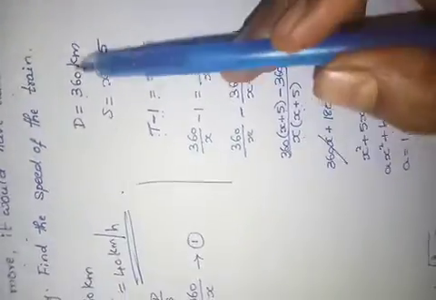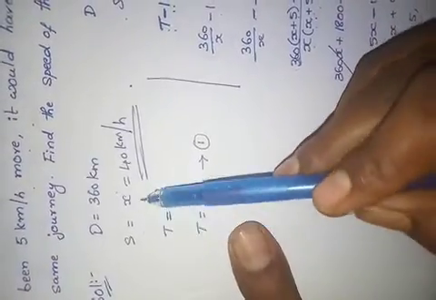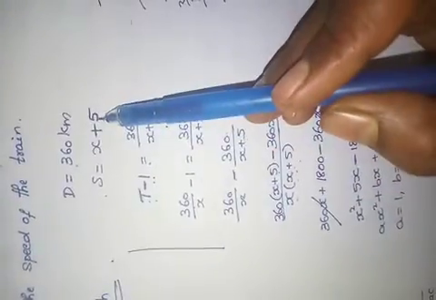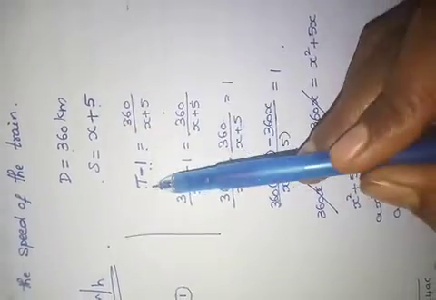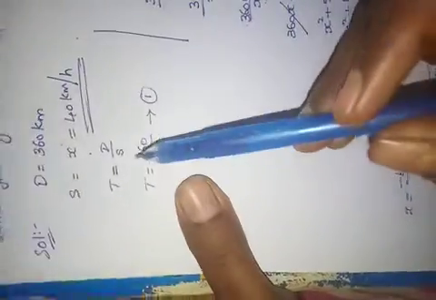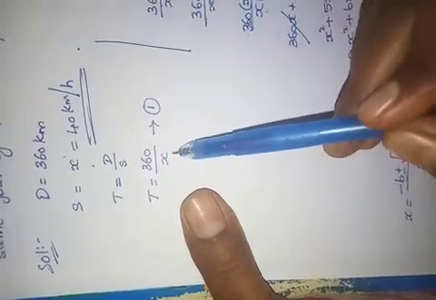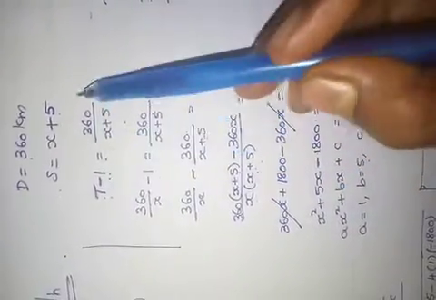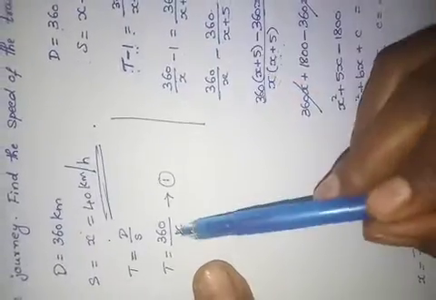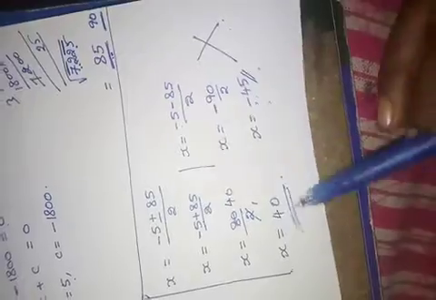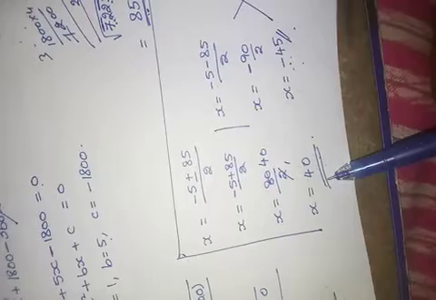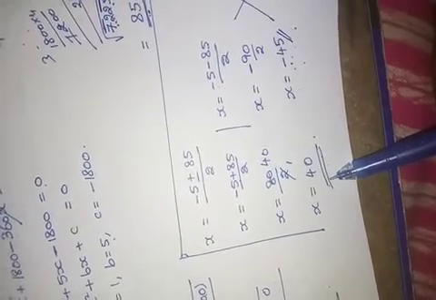Did you understand? Here the distance is fixed, 360 kilometers. I don't know the speed, I am taking it as x. When the speed has been increased by 5 kilometers per hour, the time taken is 1 hour less. Normally, distance by speed means 360 by x. Here, t minus 1 equals 360 by x. In the place of t, I substituted this 360 by x. I solved it. At last, I got two values. This is a negative value, so we neglected it. Therefore, the speed of the train is 40 kilometers per hour. That's all. Problem is completed.